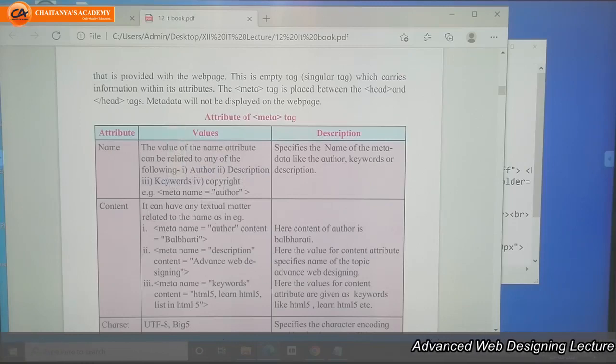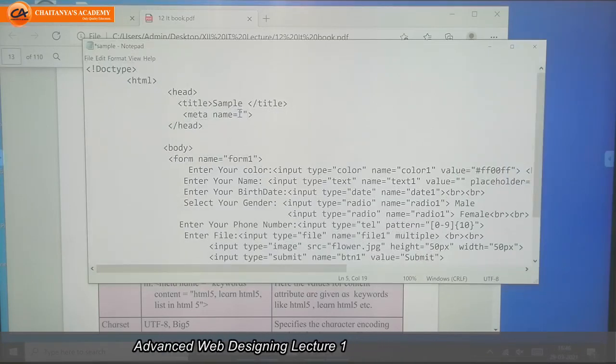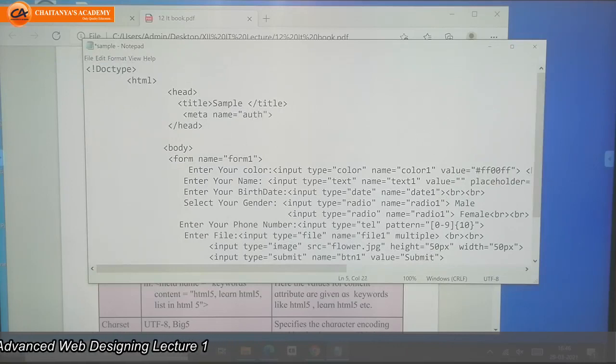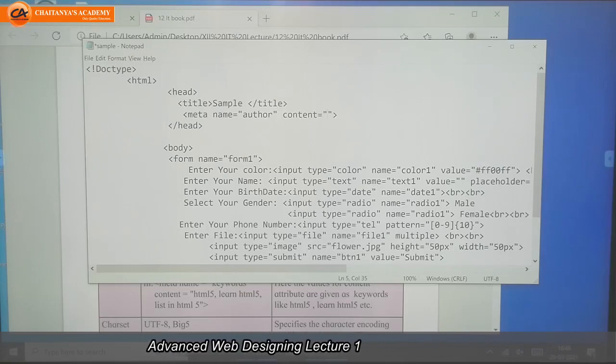If you write name equal to author, then in the content you need to write the name of the author, whatever the name of that author, ABCD.